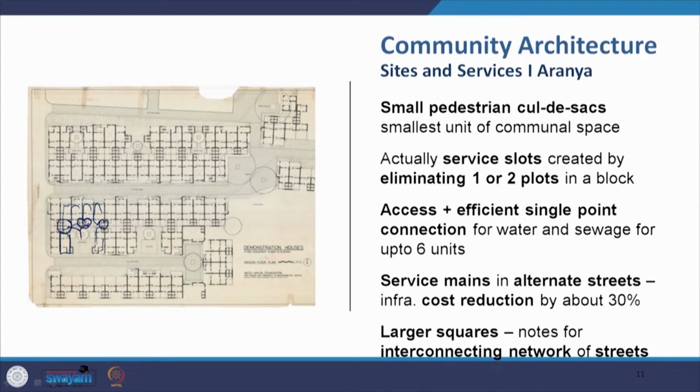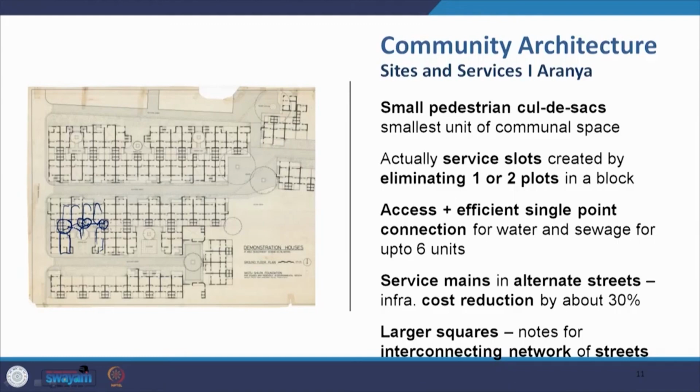And so the access is easily connectable, with water connections, and the infrastructure cost came down by 30% in the project, because only every alternate street needed to have these points of connection, and you could have a common connection for up to 6 houses simultaneously. So this was a very intelligent way of planning, because this is a typical modern rational way of looking at a housing problem, lowering the cost of the project,